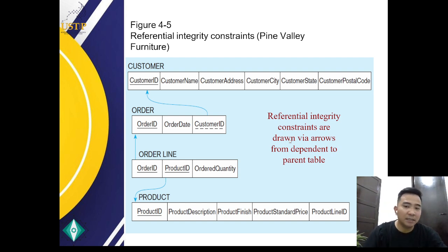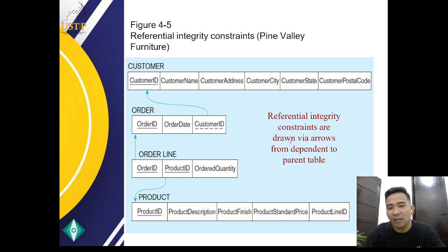So this means that the customer ID column in the order, must match an existing customer ID in the customer table. The customer ID from the customer and the customer ID from order should be the same. It must match. Okay? Since the order is dependent on this customer ID.